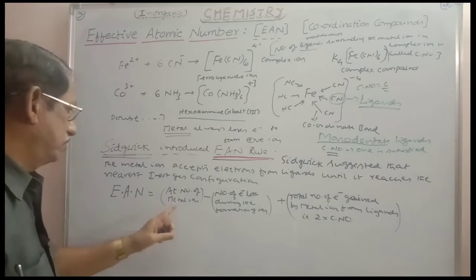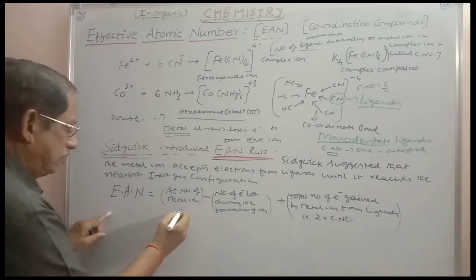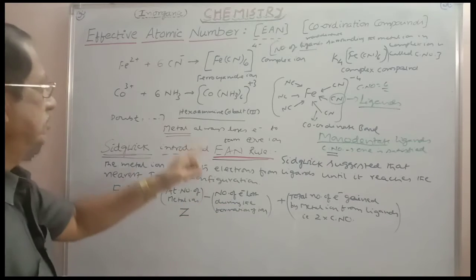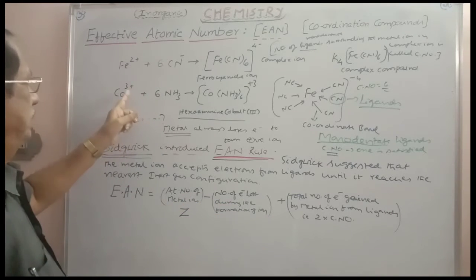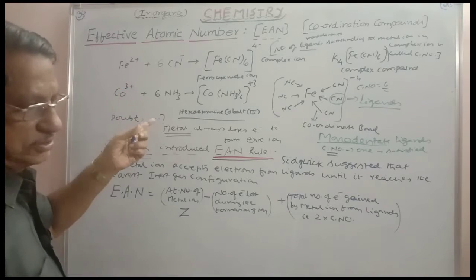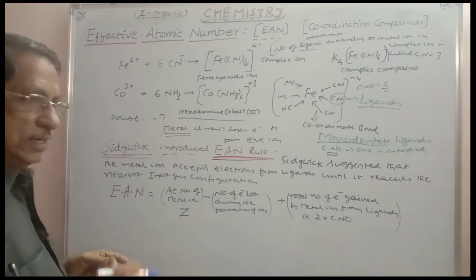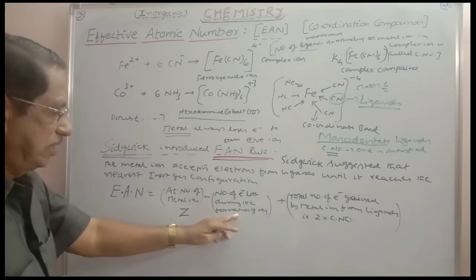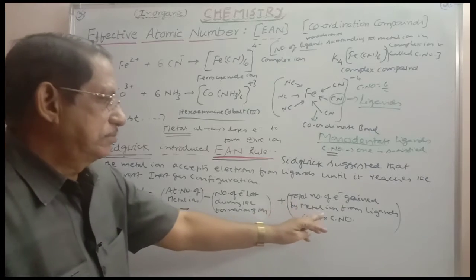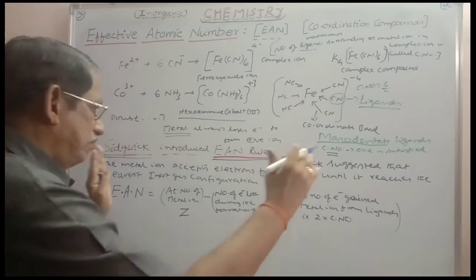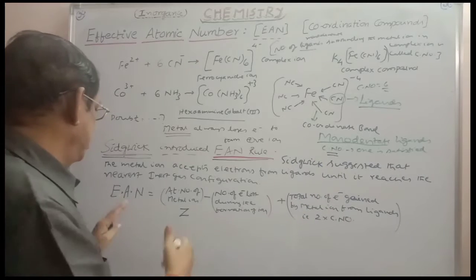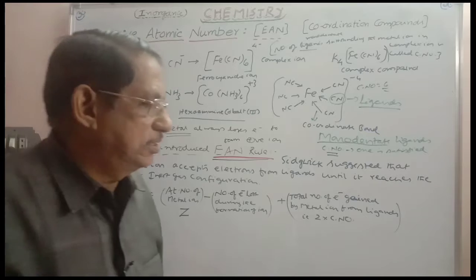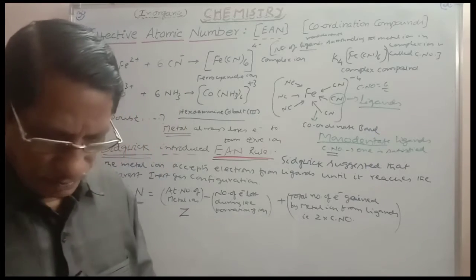So here the effective atomic number, the atomic number is nothing but Z. Number of electrons lost during the ion formation: Fe plus 2, 2 electrons are lost. Fe plus 3, Co plus 3, 3 electrons are lost. Zn plus 2, 2 electrons are lost. Ag plus, 1 electron is lost. In this way, you can take the metal ion and the number of electrons lost during the ion formation and the total number of electrons gained. If you take the sum of these factors, that gives the effective atomic number. The effective atomic number should always be equal to that of the nearest inert gas. Okay, please note it.